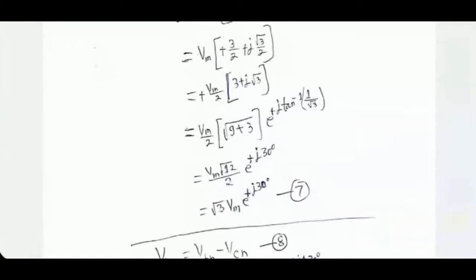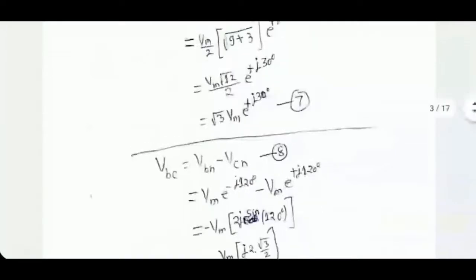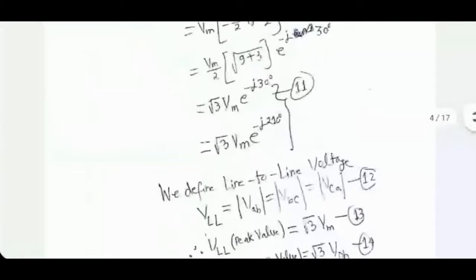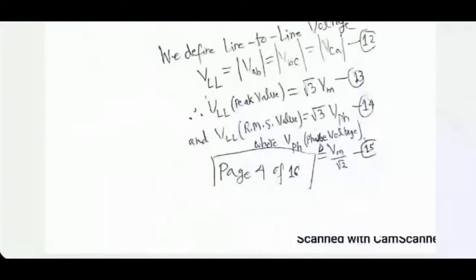So plus 30 degree for the first line voltage, minus 90 degree. Still there is 120 degree phase shift between the line voltages, but the absolute values have gone up by 30 degrees. And then minus 210 degrees. The magnitude is what we mostly care about for the line voltages. And that magnitude is the same for all lines. We call it VLL. In many books, they call it VL, which is fine. It is square root of 3 multiplied by the peak value of the generator voltage, which we call VPH, phase voltage.